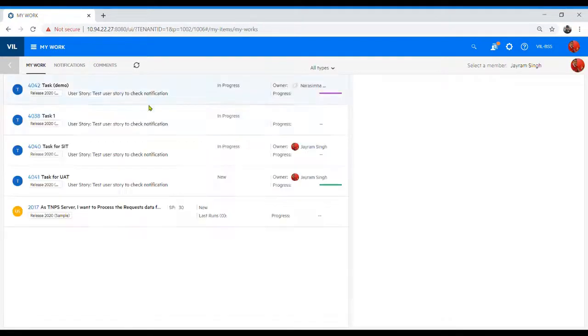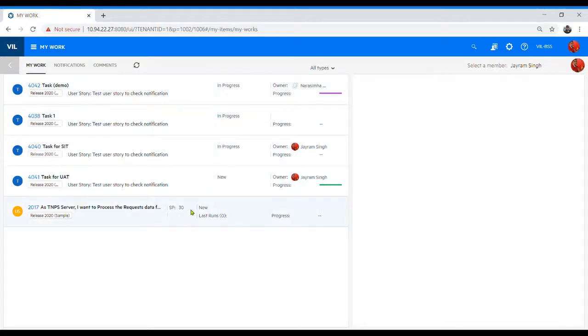See, I'm not getting a notification right now because somebody has not changed it. We have set this following. If somebody makes changes, then you will get a notification. If somebody adds a comment for you, then you will get a comment over here. So this is a very important area where you can set all the tasks which you want to monitor, and all these tasks will be visible here.